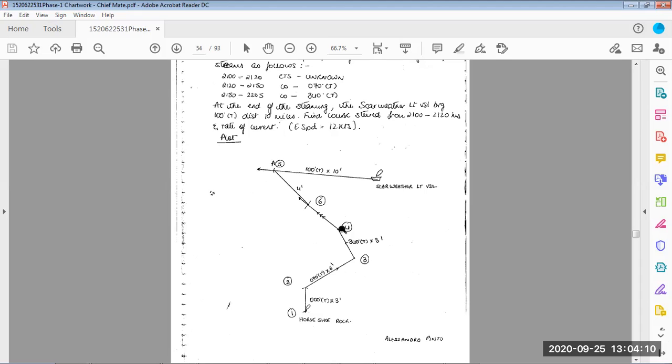Now, from here the vessel was on the initial course, which we don't know. There was some course, and after this the current took the vessel in this direction, northwesterly. So this is the northwesterly direction. We don't know how much rate. Now, we don't know the course, but we know the timing, 2100 to 2120, that is 20 minutes. So at 12 knots, the ship will go 4 miles. So from A, we will cut an arc of 4 miles wherever it cuts. So this will be our course to steer, and we measure this distance to get the rate.